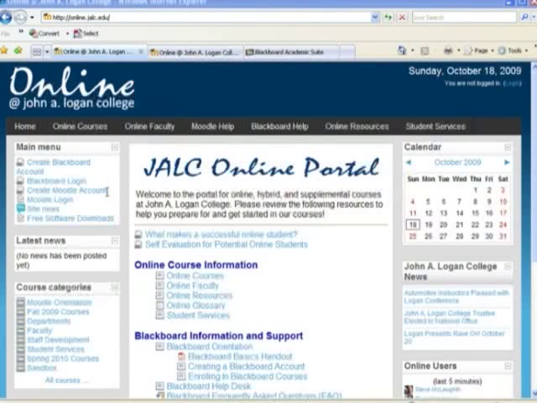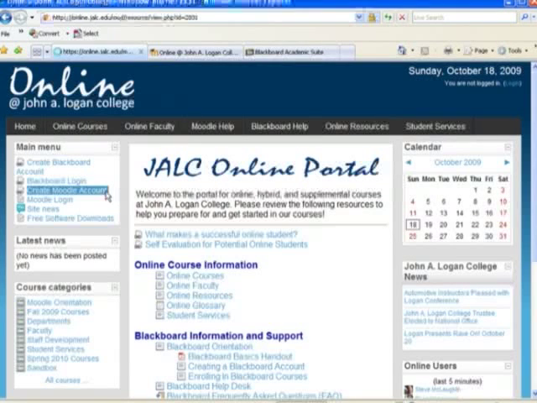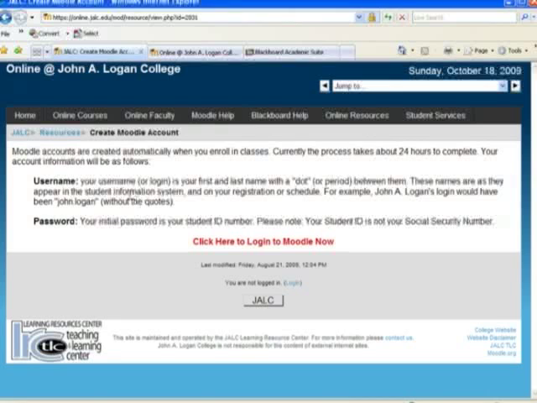Now this Create Moodle account link, this is kind of a trick because we create the accounts in Moodle for you automatically, but we kept getting calls from students saying they couldn't create an account, they wanted to know what their ID and password is. So if you click on the Create Moodle account link, it's going to take you to a place that tells you what your username and password are that are created for you automatically the first time you take a course